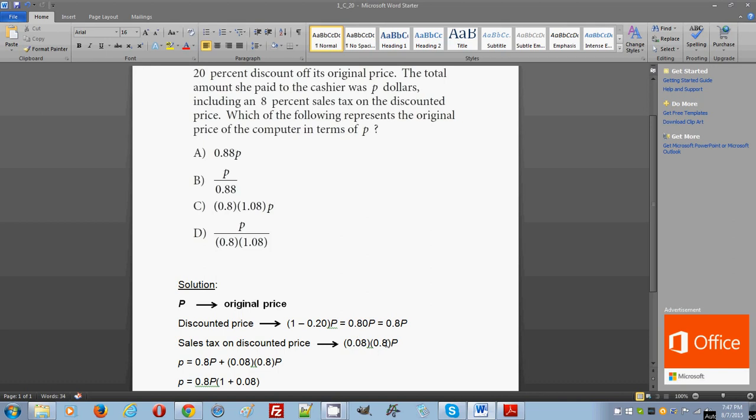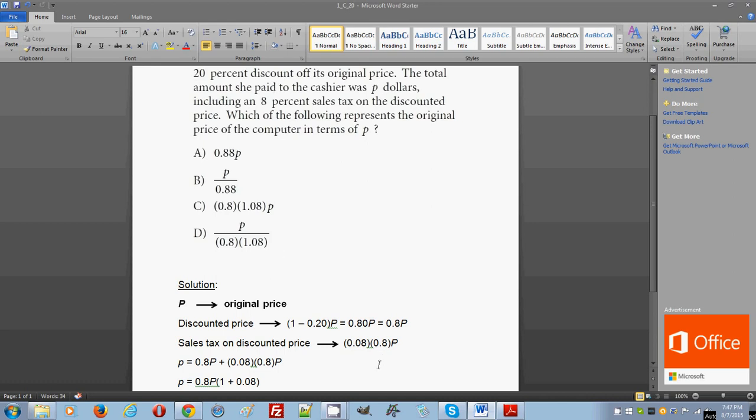Note that 0.8P is the discounted price, not the original price, the discounted. So you calculate that sales tax based off of the discounted price, right? So this is the total sales tax collected, this amount here. Now that we have all the components for P,